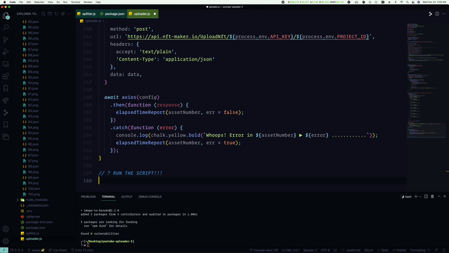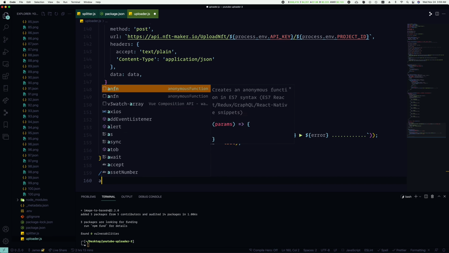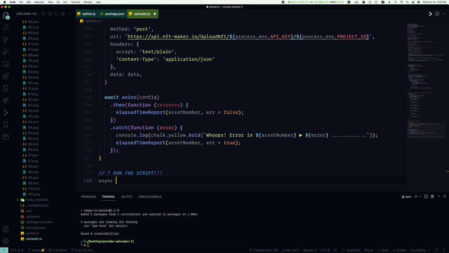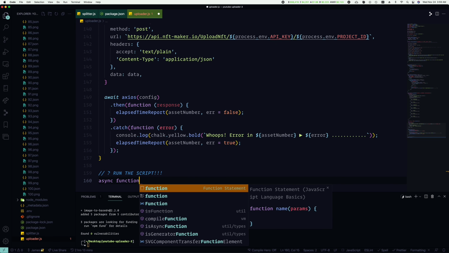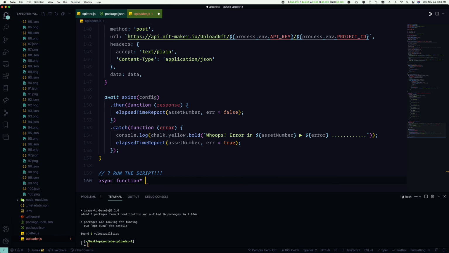And we're going to be cool guys. We are going to be cool guys, and we're going to use an asynchronous generator function. Watch how I do this. Async function star async